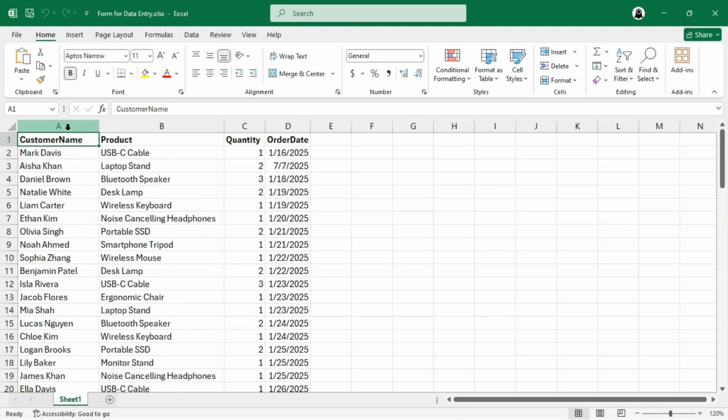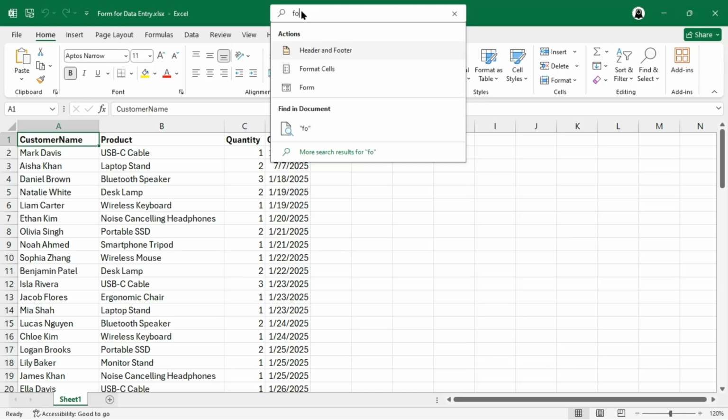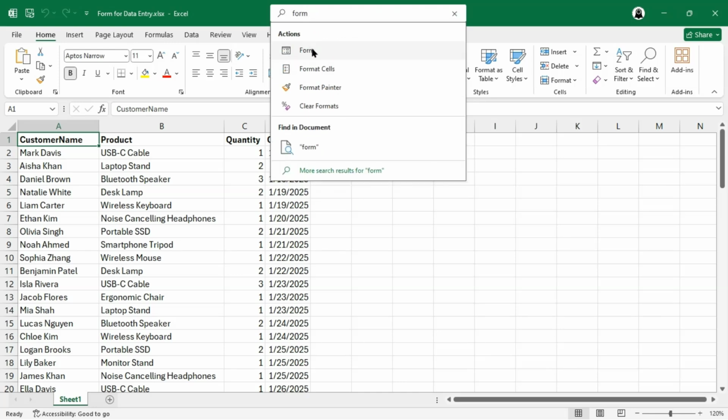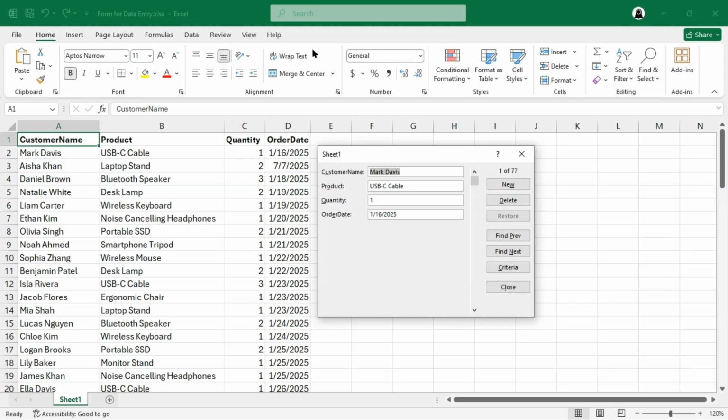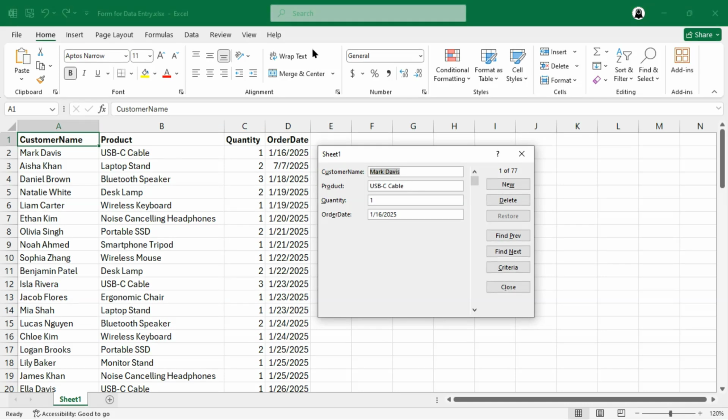To open the form for a list or table, first click anywhere inside it. Then, go to the search box at the top of the Excel window and type form. When the form command appears in the results, click it. This opens the data entry form for your table. The form uses the first row of your table as field names. Each field appears as a labeled input box, allowing you to quickly add, view, edit, or delete records, all in